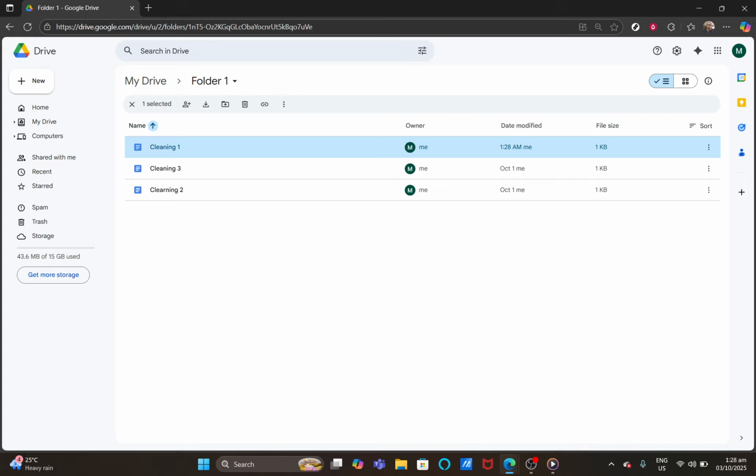Just remember, regular checks and updates to your file permissions can go a long way in managing your files effectively